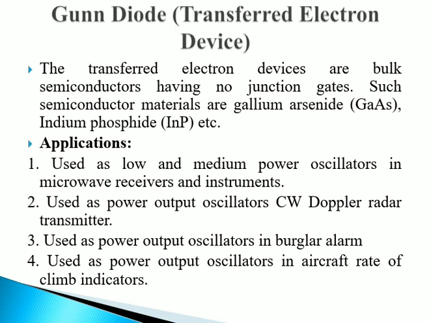Now these are the bulk semiconductors which have no junction gates. Examples can be gallium arsenide, indium phosphide, etc. Whenever a small DC voltage is applied across a thin slice of gallium arsenide, negative resistance will result under certain conditions. This means the voltage gradient across this slice will be connected by your tuned circuit.